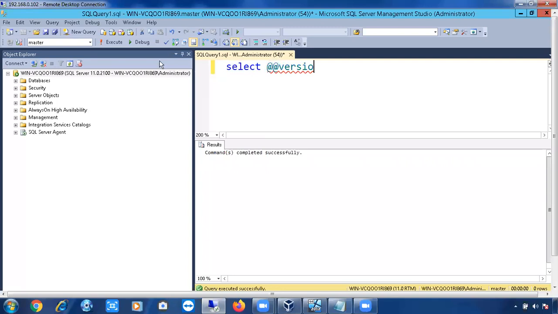Before executing the query, I can simply run this Parse button to check whether it is right or wrong. It will not tell you the error is at the version, that you just missed the N letter. It will simply say the query is wrong: must declare the scalar variable at version. See here, it throws one error. Or else if you remove the T here and just mention N, then run Parse, it will tell you whether this query is right or wrong.